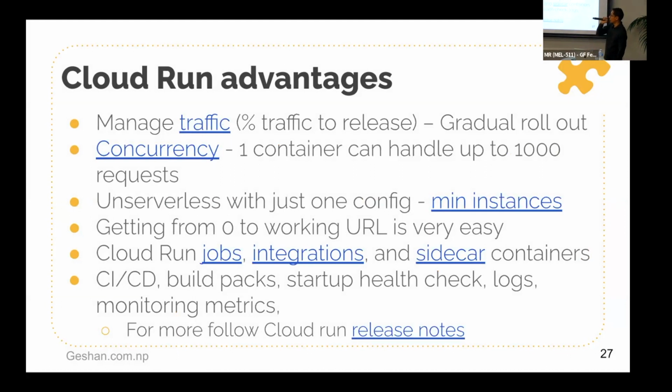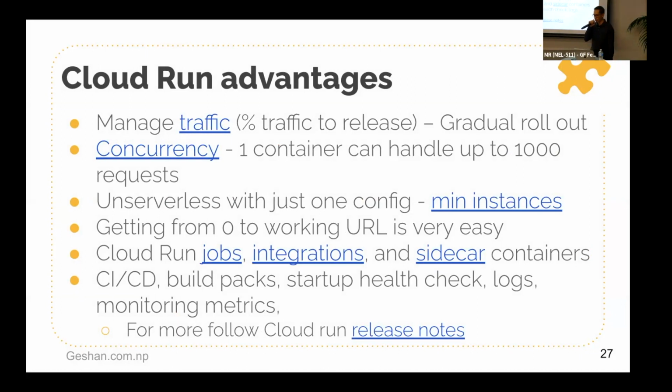More on this, you can do amazing things with Google Cloud Run that are pretty difficult to do with a standard Kubernetes cluster. For instance, if you want to send 5% of the traffic to this new revision or release, with Google Cloud Run, that's very easy. You could just do it from the UI. It's a lot easier than, like, I don't know, configuring something like Istio or some other forms of traffic manager.